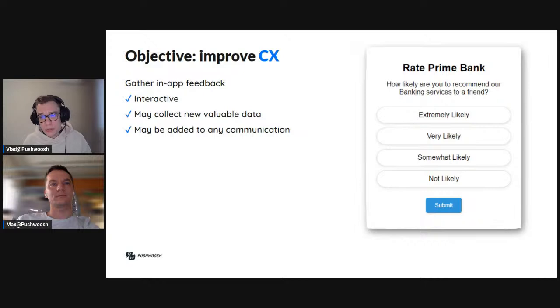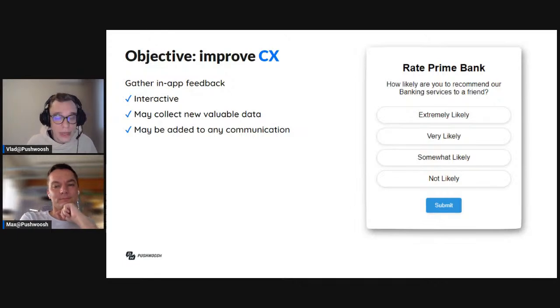So there are champions who will extremely likely promote your service, and the guys that want to promote it to their friends as well. Those in-apps may be more complex than this one, so you can add a text box there for some kind of text feedback, not only the scoring on how likely they are to recommend the services of your bank. But first of all, you will create an interaction inside your application that leads the user to clicking some of the buttons inside the in-app, as well as collecting some data which can be used for segmentation options or just to somewhat change the strategy of the product.